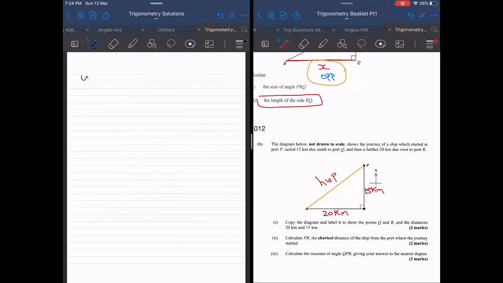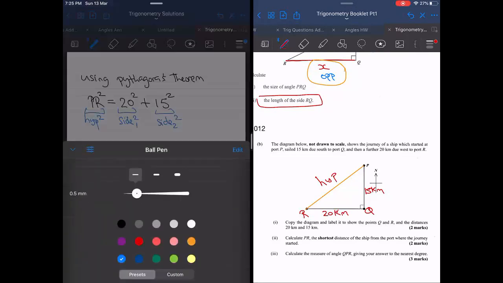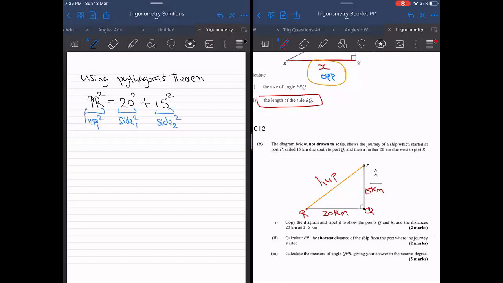So using Pythagoras theorem, we're saying that PR squared is equal to 20 squared plus 15 squared. So the hypotenuse squared is equal to the sum of the sides being squared. So PR squared